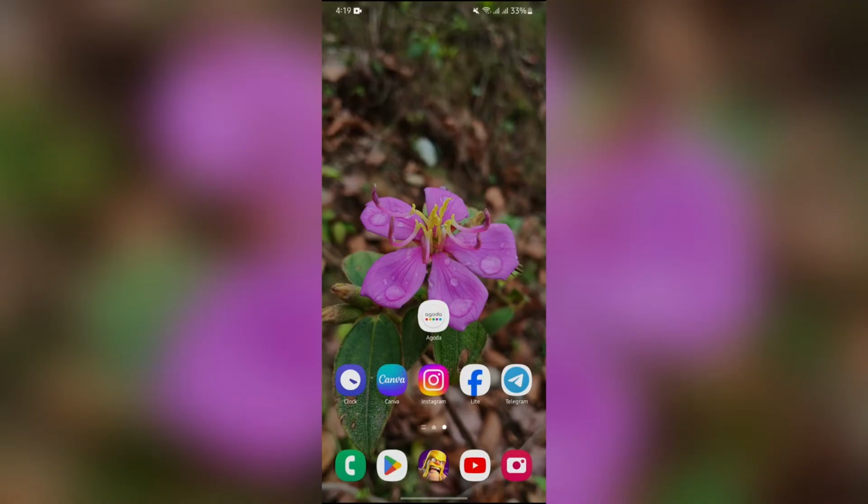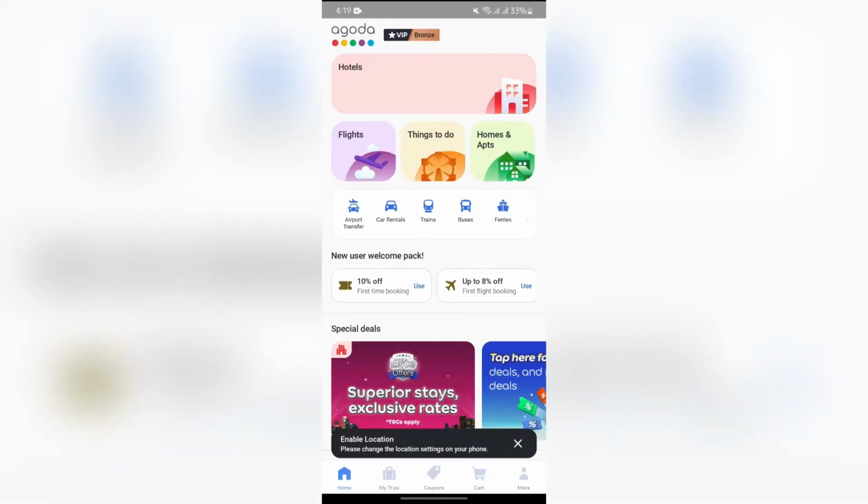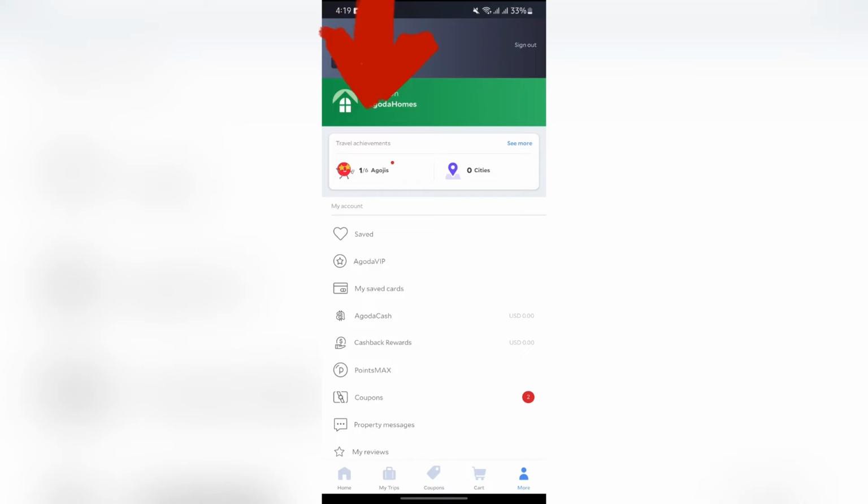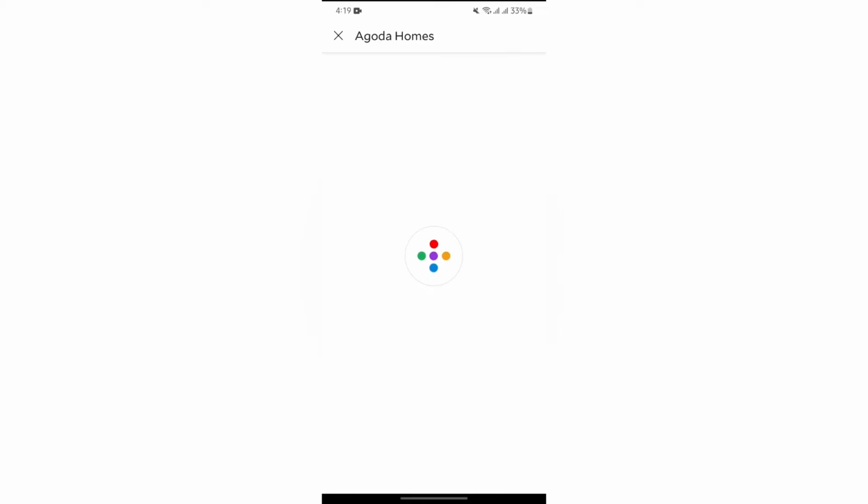Now, in order to deactivate your listing in Agoda, you just simply have to open your Agoda application at first. Then, after opening the Agoda application, just simply tap into this More button at the bottom right corner. And from there, you will get the option of Host on Agoda Homes. Just simply tap into that Host on Agoda Homes option, and after tapping into there, you will get to see